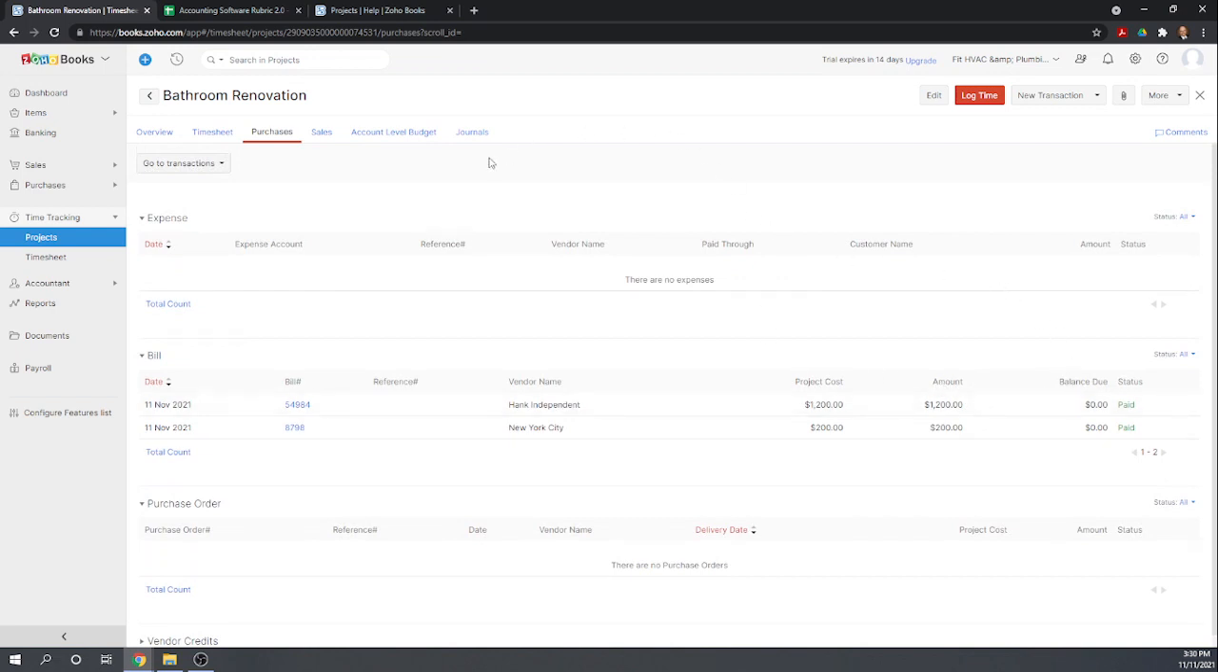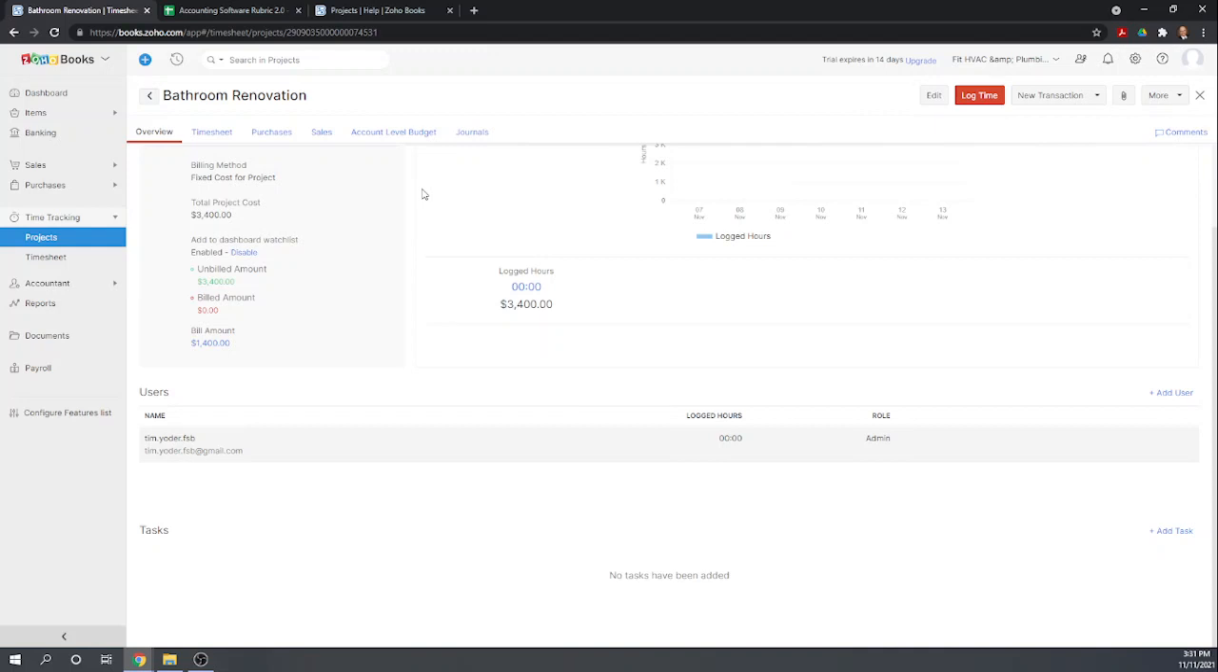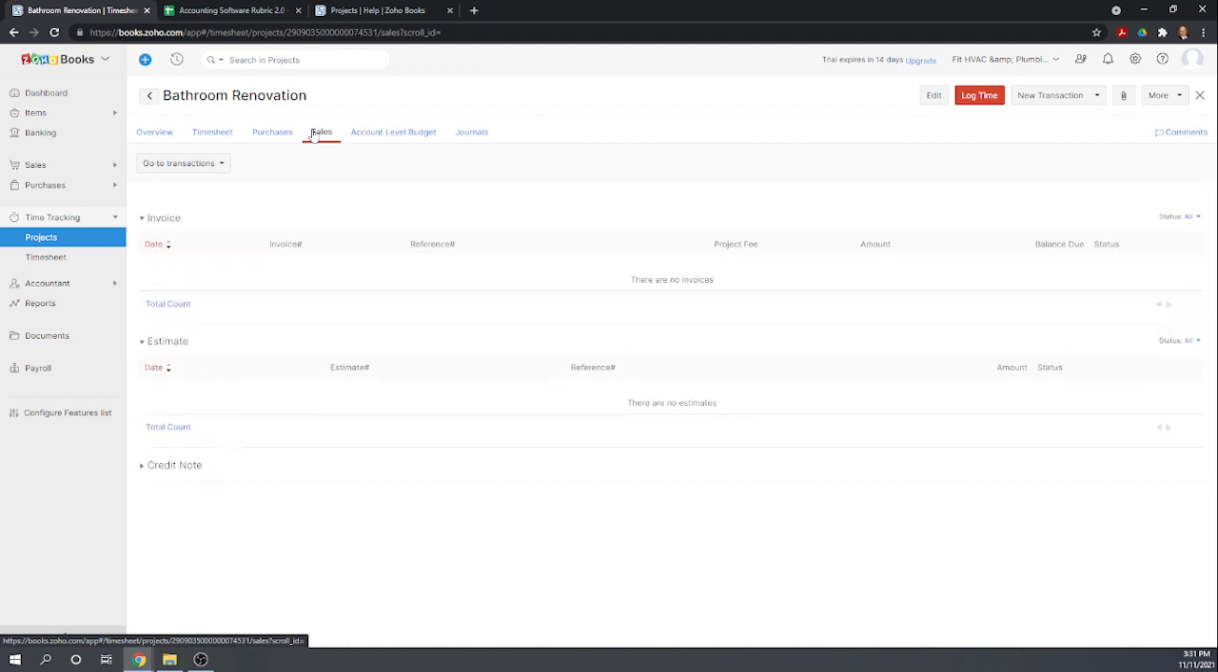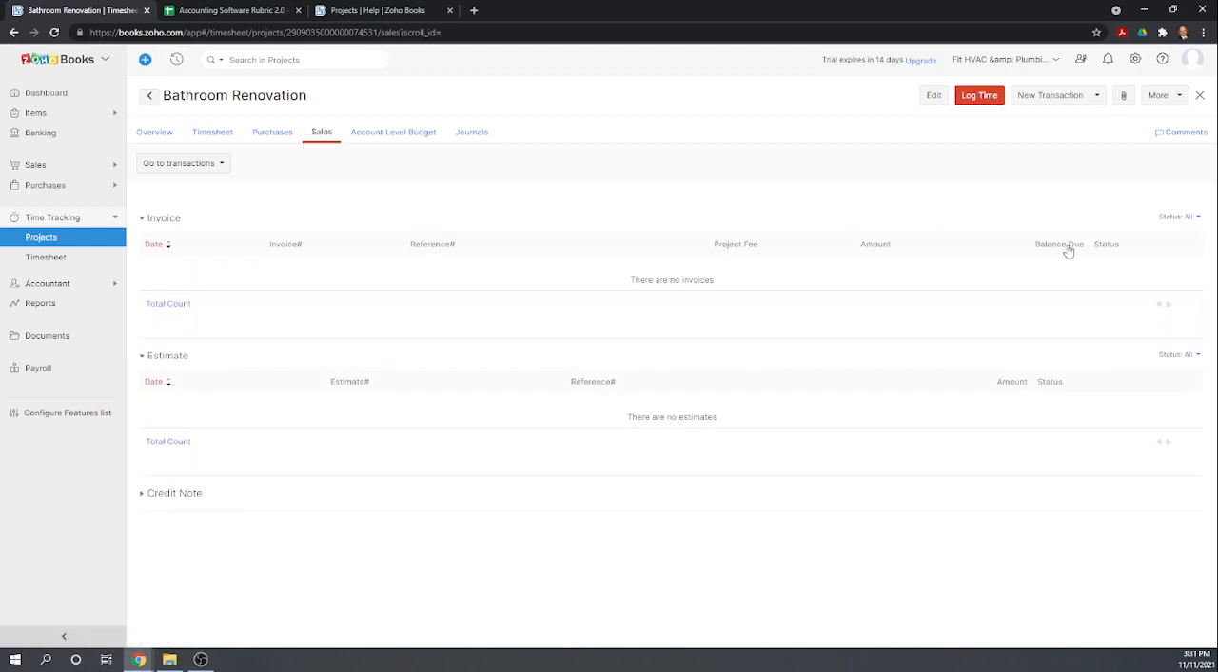See, I'm not seeing anywhere where it tells me that those charges have not yet been passed through. Although this says bill amount and this is the billed amount. So I'm not going to do, I don't want to create an invoice yet, but